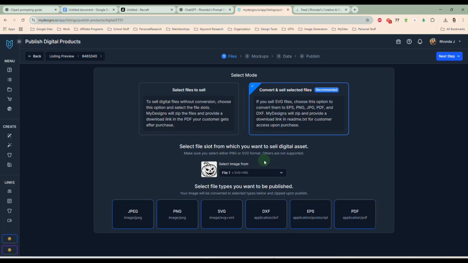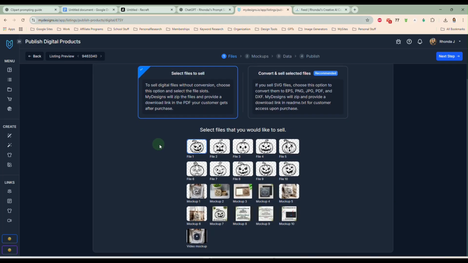That's my bad, okay? This was a single SVG image. I could select all of these down here, and my designs would convert all of these to JPEG, PNG, DXF, EPS, and a PDF, okay? But I have a bundle, so it cannot do that. So I'm going to have to just select files to sell,